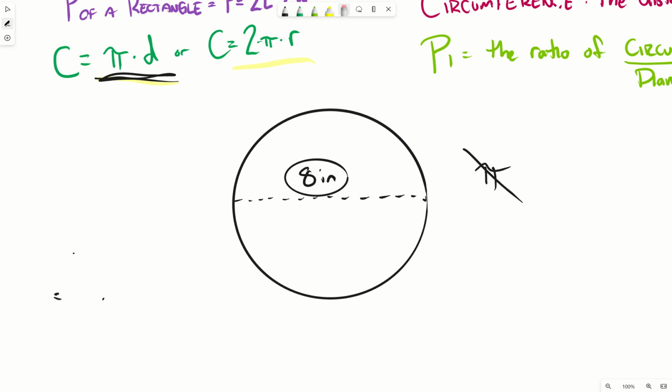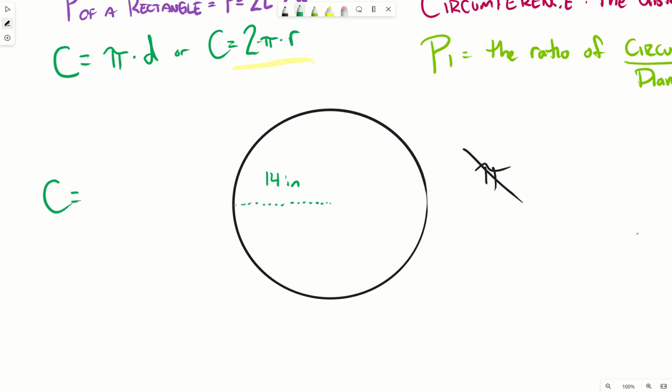All right, let's say I have a new circle. That definitely isn't the same circle I just drew. But I have a new circle, and on this new circle, I have a radius of 14 inches. What is my circumference? All right, while you're working that out,